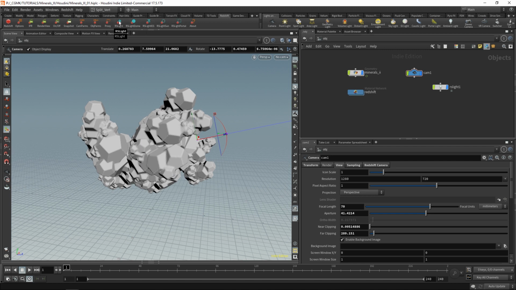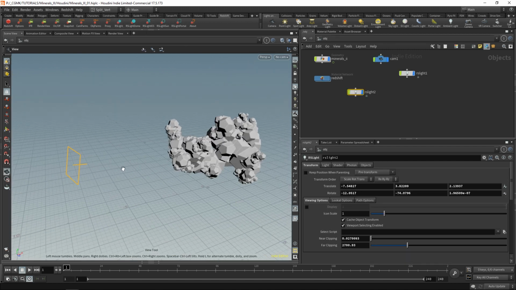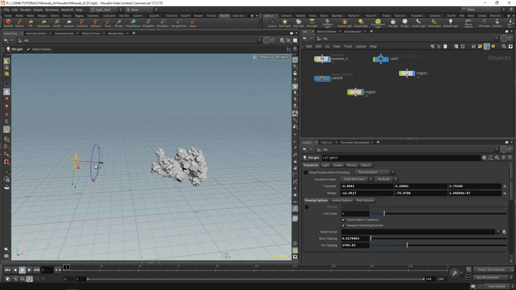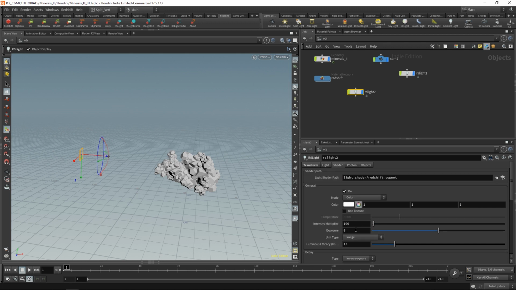Control-click on the Redshift light, zoom out. Probably too close this one, so I'm going to pull it back. Maybe a bit less from top to bottom, something more like this. I'm going to leave